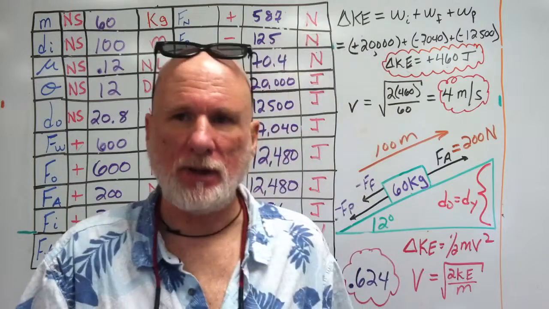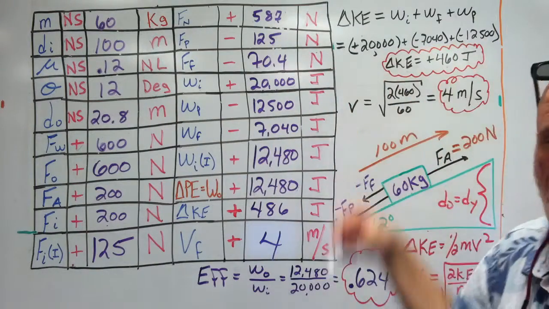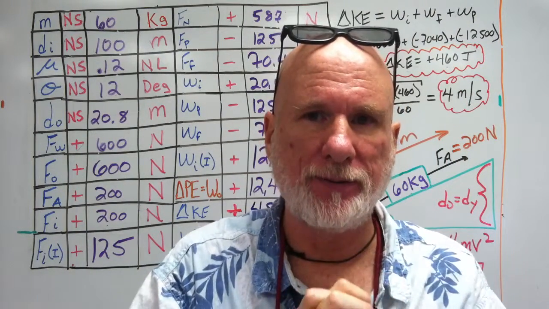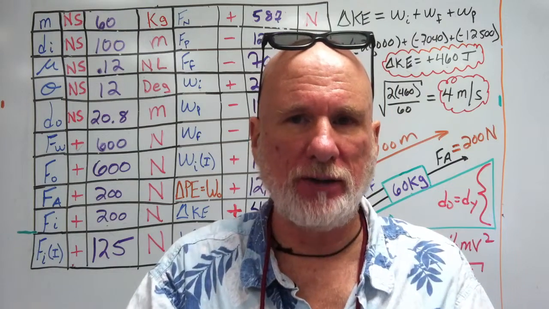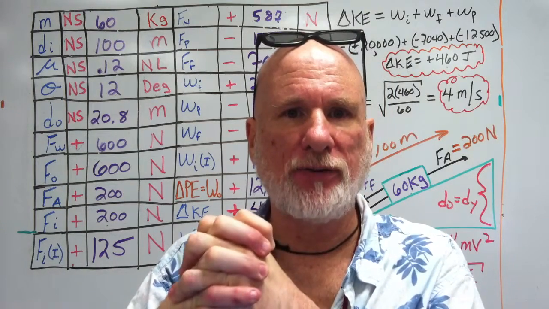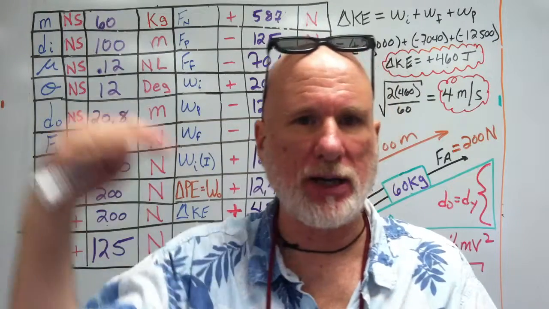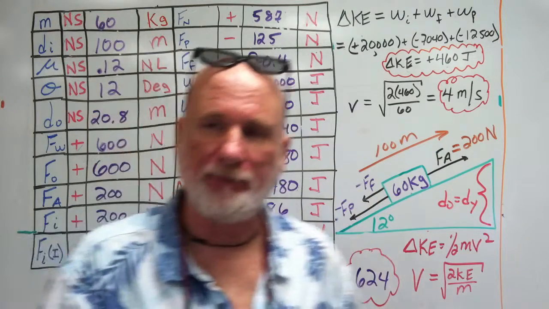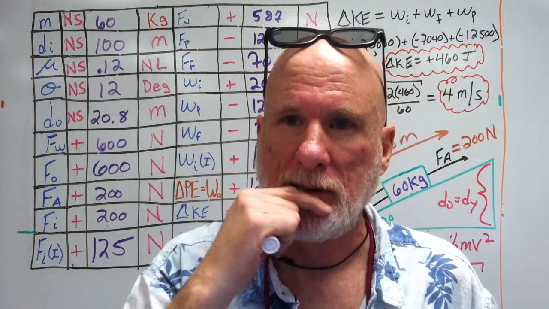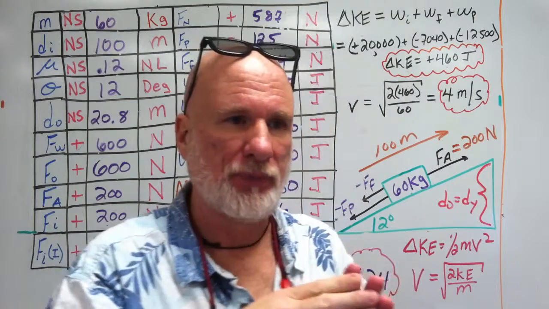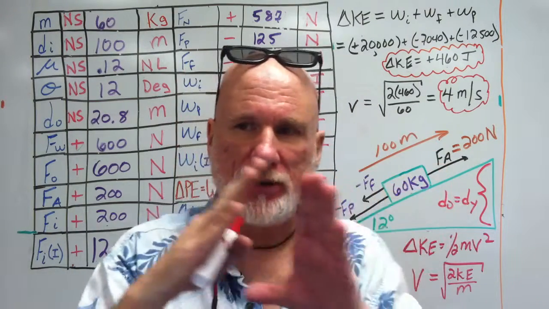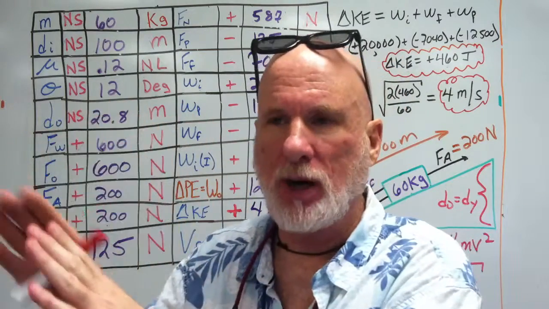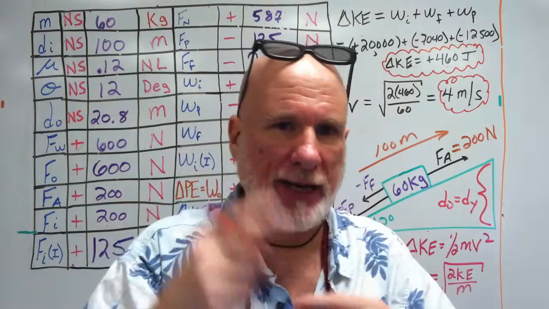Okay, the kinetic energy above me. The change in kinetic energy will be the work input plus the work of friction plus the work of P, which is parallel with the plane going down according to the free body diagram. Okay, now, that's going to equal, remember, the work input is positive, the frictional work and the P work will be negative, so that's going to translate to